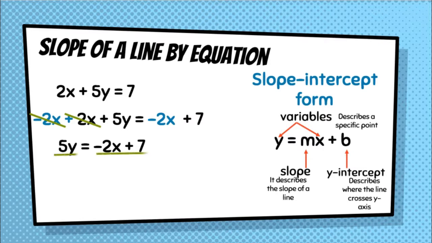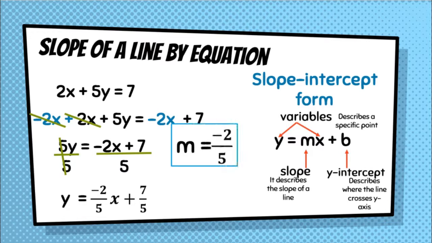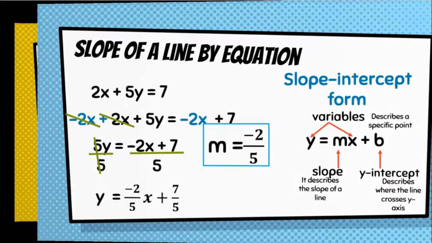Next, we divide both sides by 5. Cancel positive 5. We will have y equals negative 2 over 5x plus 7 over 5. Therefore, from our slope-intercept form, our slope is negative 2 over 5. Next example, we have